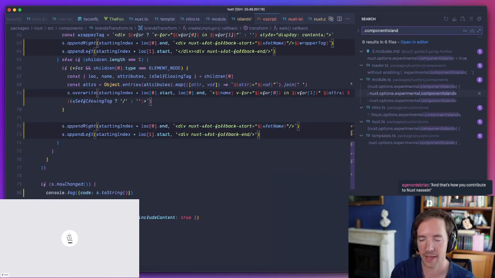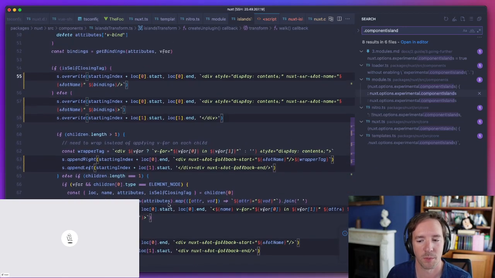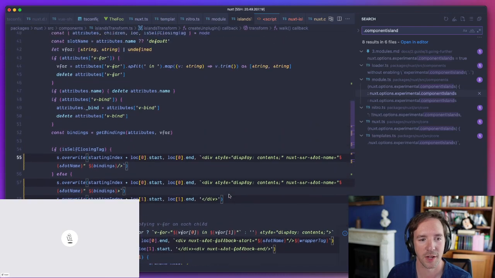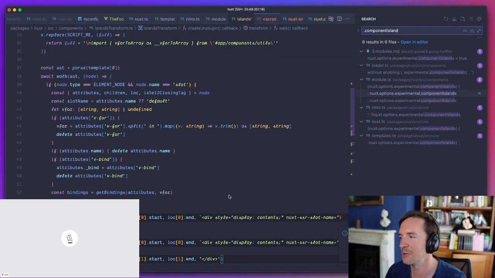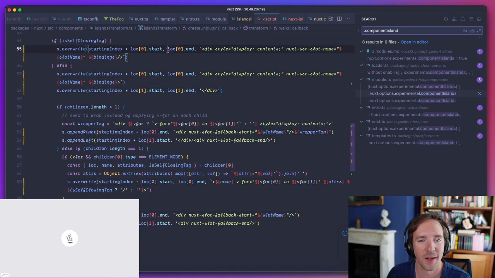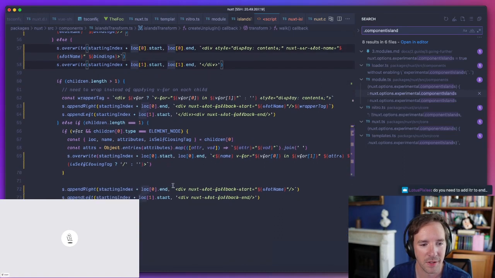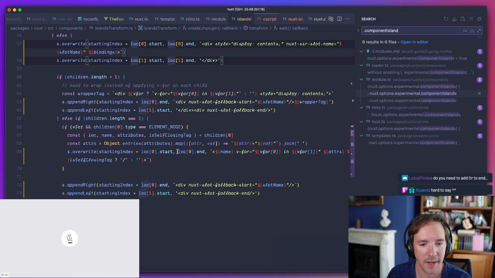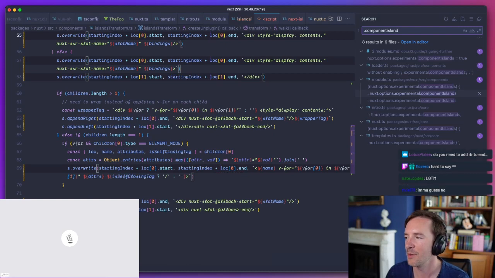Do I have any guesses as to whether you think I have solved this problem with this change? Who thinks this is the solution? Oh, we have to hit the end as well, right? So also here, here, here. The append should be fine. The overwrite has to be added as well. Okay, we should just merge this, right, directly. We don't need to test it, I think. Yeah, let's do it now.